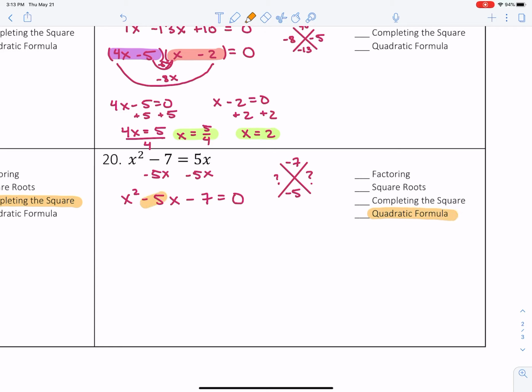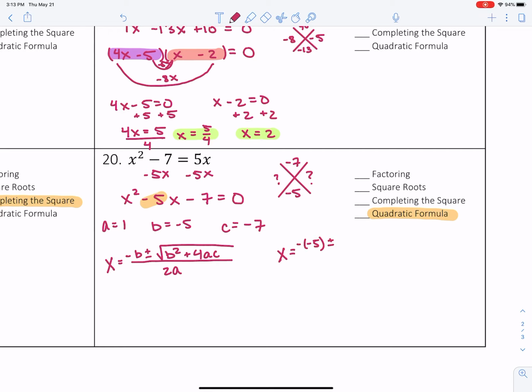And that's because this -5 in here is an odd number. We'd end up with fractions with completing the square. No fun. So I like to say my a, b, and c so that I don't get confused over negatives. And if you wrote the formula, bravo to you. x is equal to -b plus or minus the square root of b squared minus 4ac all over 2a. Let's start plugging in some values. So I know that x is equal to